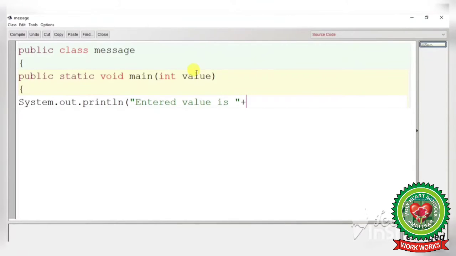Like I have taken value, so write down the variable value, bracket close, then semicolon. Now our condition will start from here, which I am writing with the if else if condition. So it will start with if, bracket, firstly we will write the variable name, then double equal to 1.